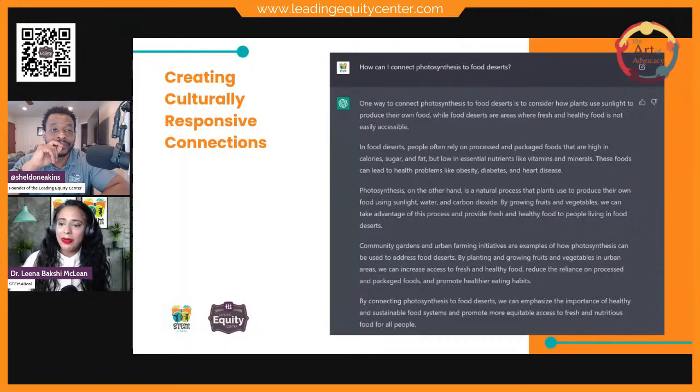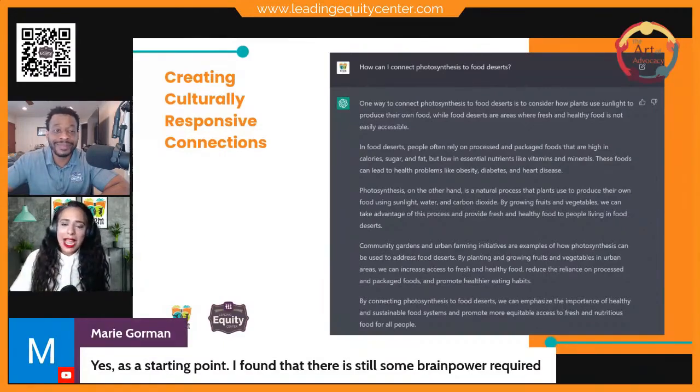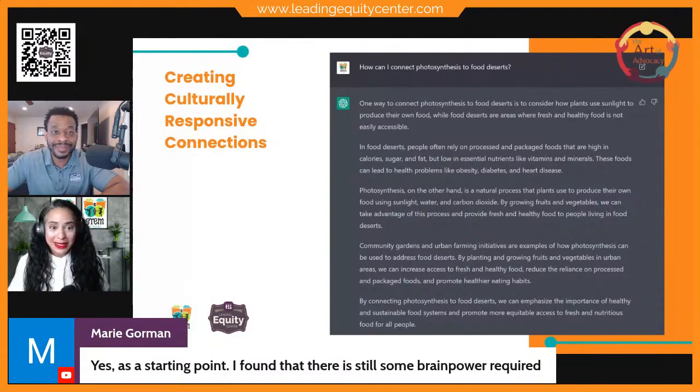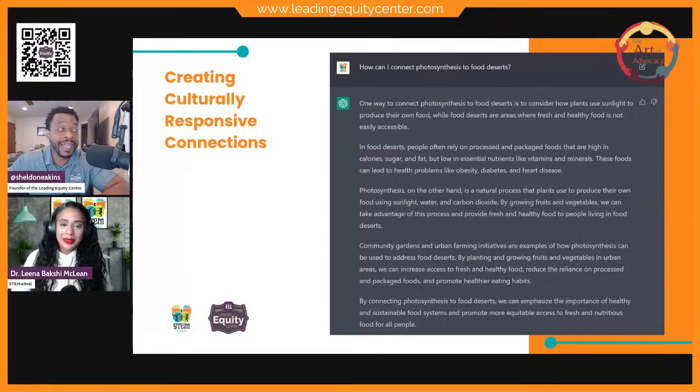in your classroom. And so it goes back to what Marie was saying. Yeah, we know that cultural responsiveness and culturally responsive teaching is important. So now this is where our brain comes in by telling ChatGPT, okay, well, help me make this come to life in the classroom. Yeah, and again, it's a great starting point, and then you can even get down even closer with the specific language